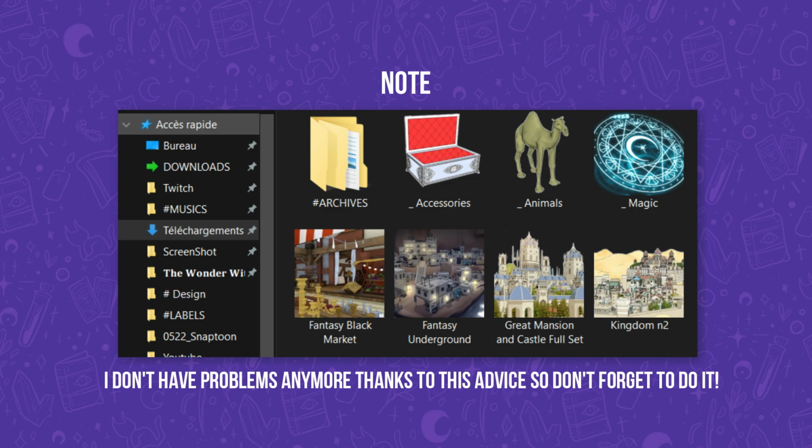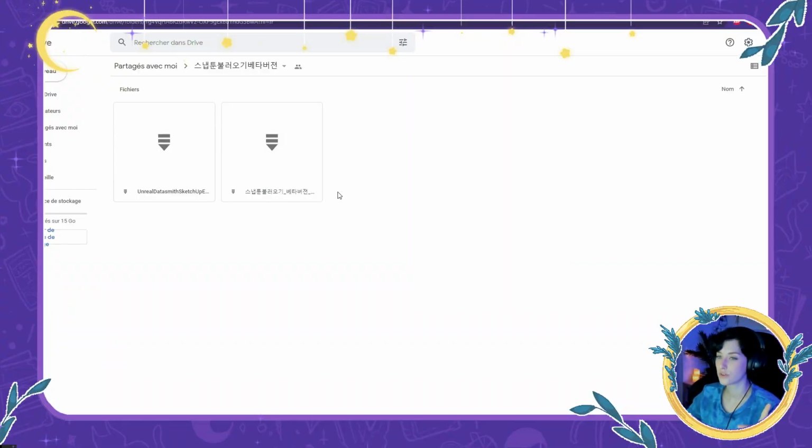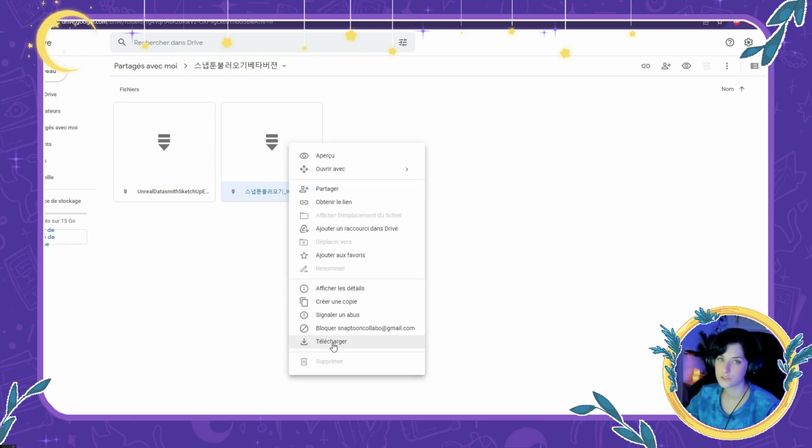This is really important. Okay, so first what you are going to do is come right here. I'm still gonna put the links in the bio, but you can also find it on Twitter or something like that. Once you're here, you have to download this file. There's no need to download this one too, because this one contains this one. Just download the Korean one and you'll be fine. So click on it and just download.